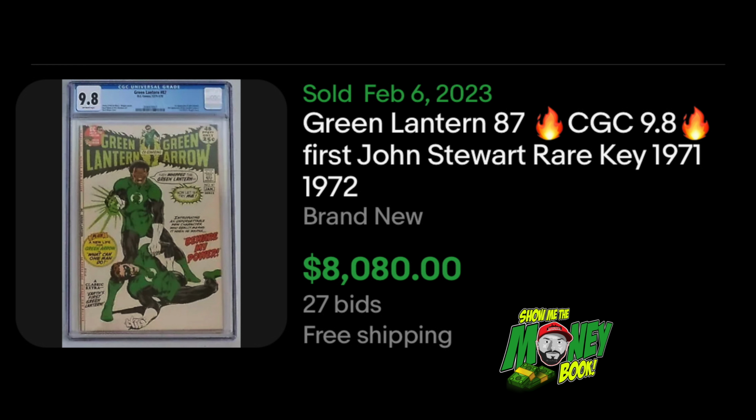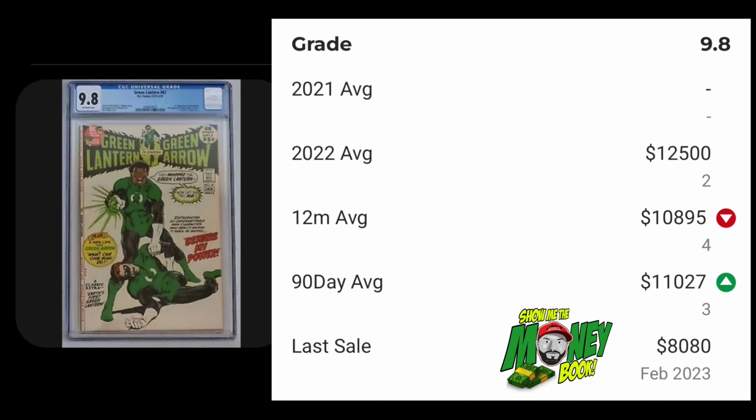Regardless, guys, we had a sale of a 9.8 off-white pager that was sold on February 6, 2023. This book sold for $8,080 on 27 bids. Again, another auction. As we get into the detailed GPA analysis, the last sale they have recorded of this book for $80.80, but the 90-day average, guys, look at it,